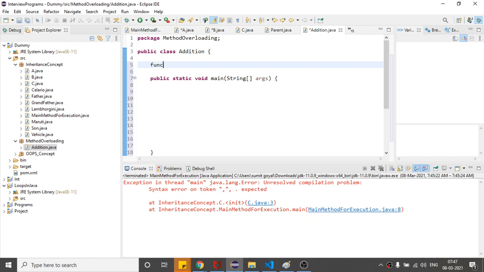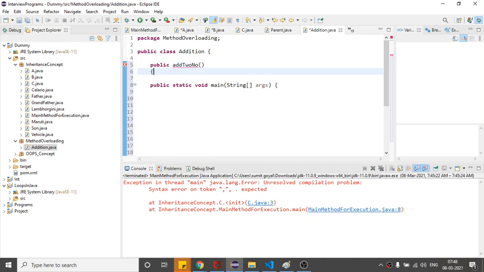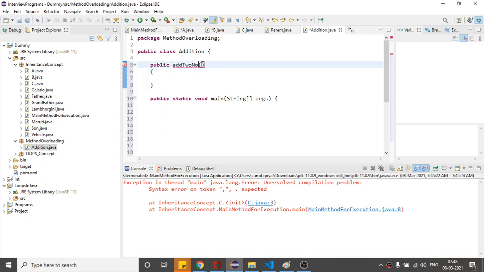So I have to create a function to add two numbers. Let me assume the function name is public add two number, and I will take variable number one.